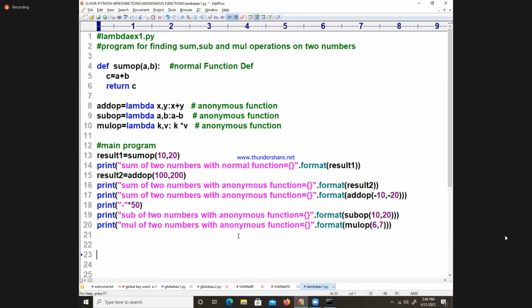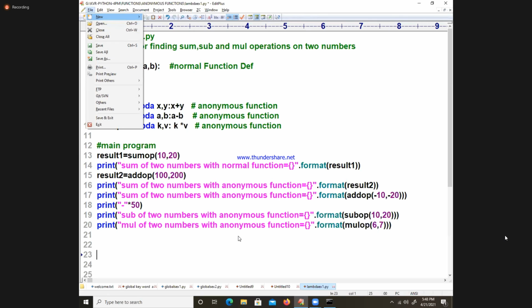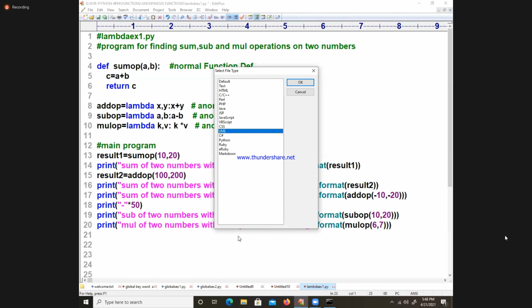Now let us look at that. Now I am defining it directly. Look at Python lambda example 2.py.